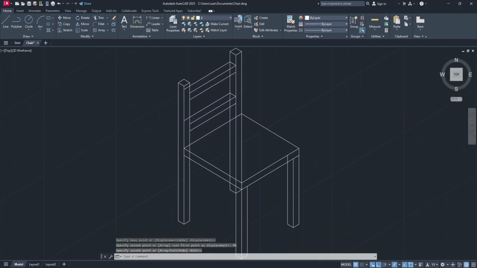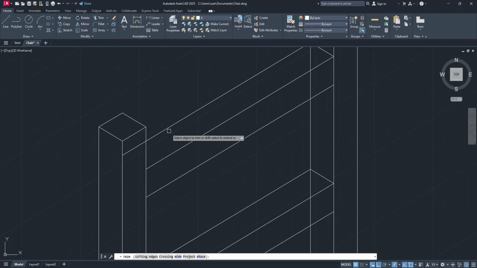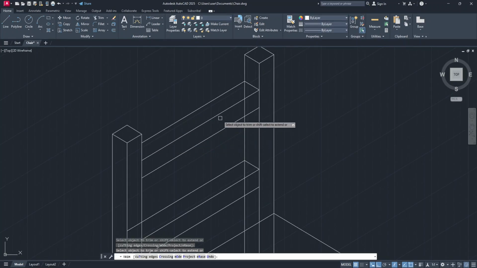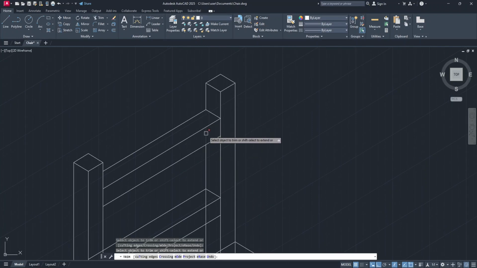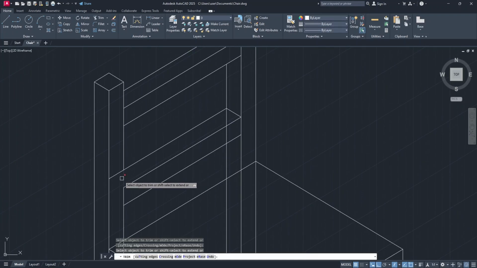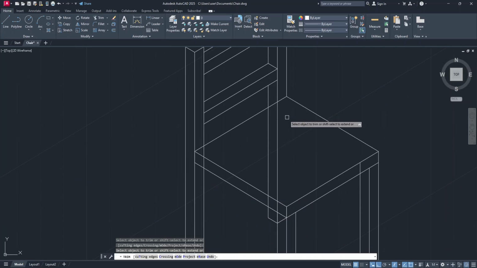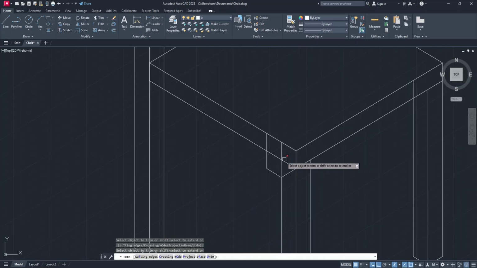Double click on the wheel of your mouse to zoom extend. Now let's clean up the chair, select trim. If it shows you anything other than this, just press enter on your keyboard and begin trimming. Select this line, this one and this one, pan a little, select this one, this line and this line. We are done with the railings, and now for the back, select this one, this line and this line, select